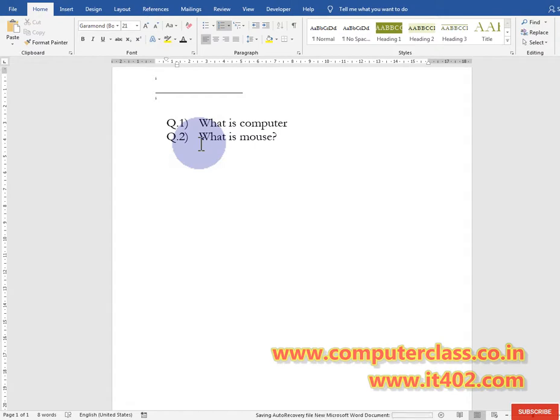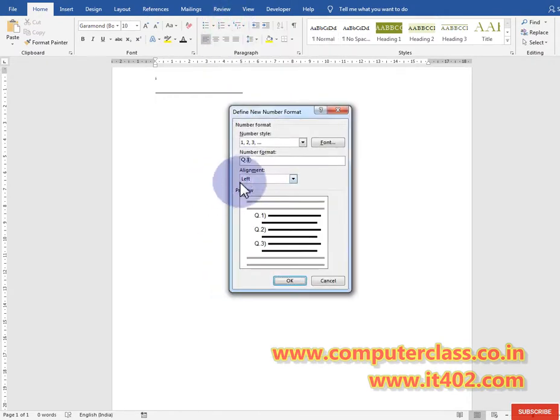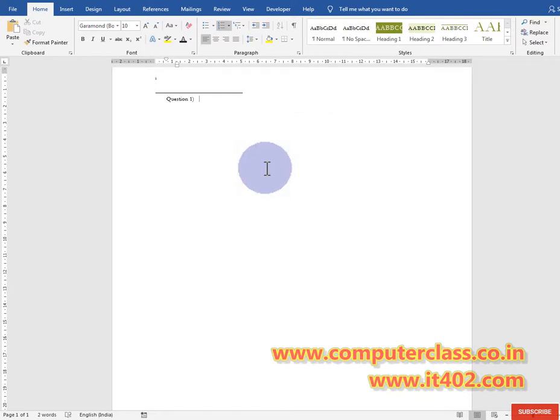But make sure that if you did not select any of the styles, then you will get that particular number, this one. And if something is already here, then you need to remove that by using the arrow key option, and then you can use your own format like question. I want the complete word question, then I can use this option, question 1 what is, and next, like that. So this is the best one. You can make your own style.